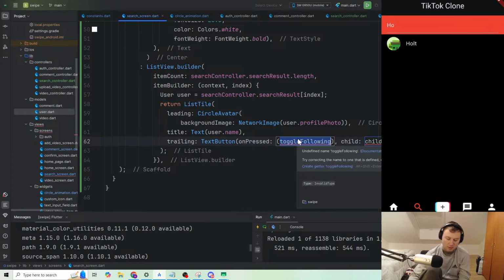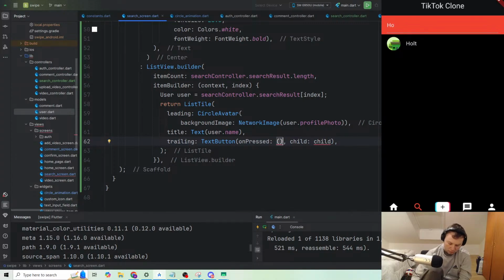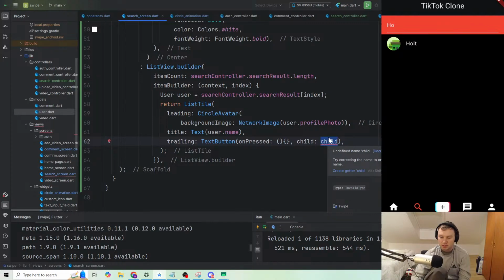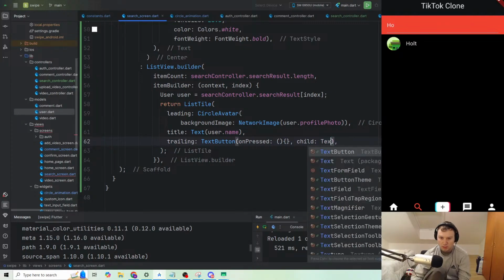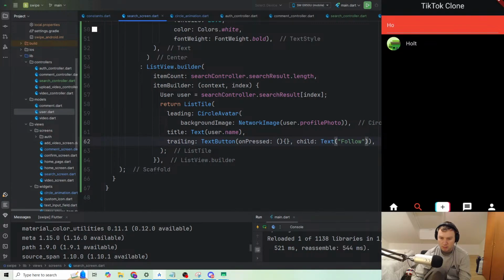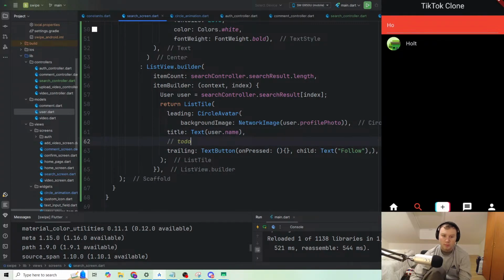So on press, we want the child to be a text that says follow. And eventually what we would want is